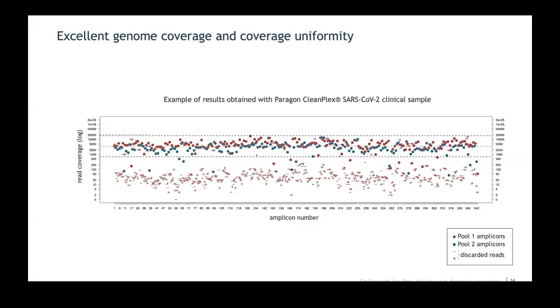So this plot shows you an example of results obtained with Paragon CleanPlex solution on one of the clinical samples that were provided by Paragon customers. So I want to highlight again the excellent coverage uniformity, which is expressed by presence of these red and dark blue dots between these dashed lines. So these are actually showing the coverage of all the amplicons across the genome of the virus. The dashed lines indicate the boundaries of 20% and 500% of the median coverage, and the red line shows the median coverage. And then the pluses and minuses show the discarded reads,